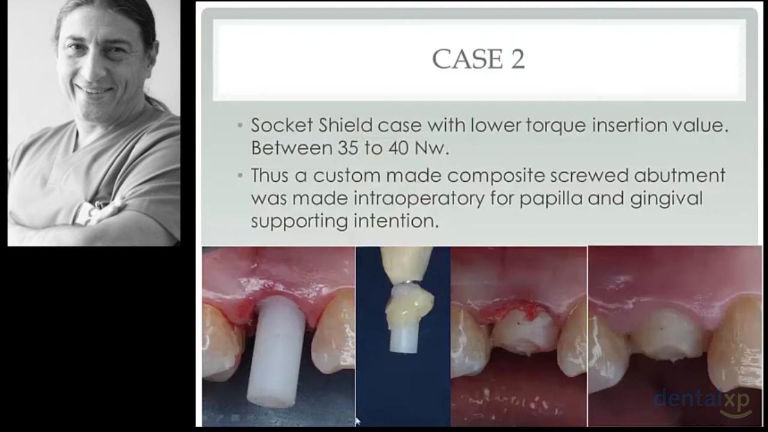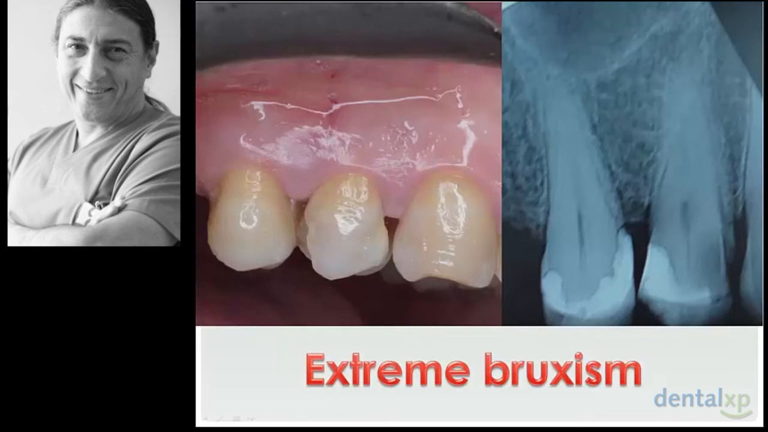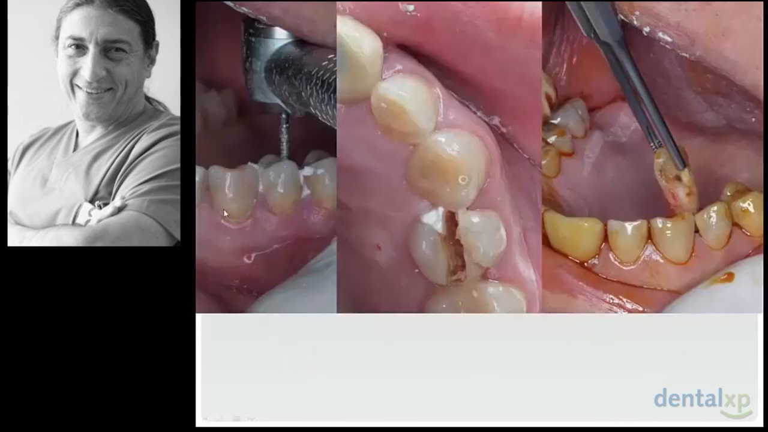Case number 2. In this case, we did the socket seal, but we didn't have a high insertion torque, so we could not do immediate loading. We were very close to the sinus. This patient had extreme bruxism, so we